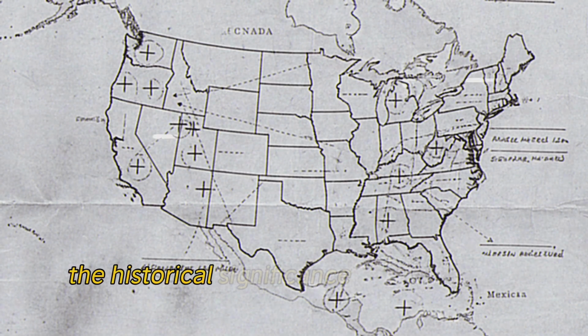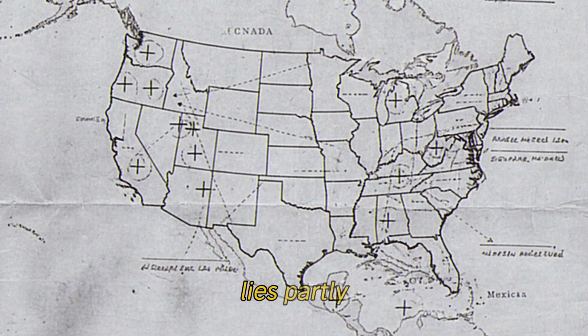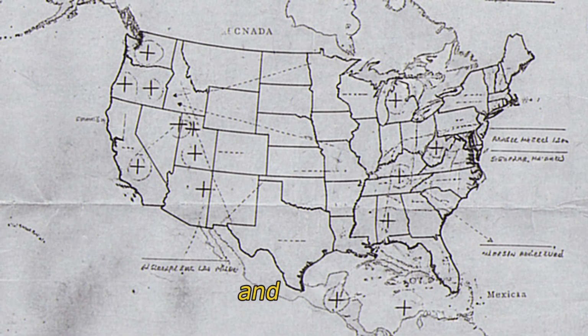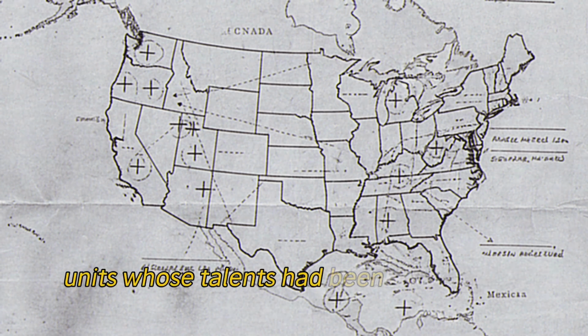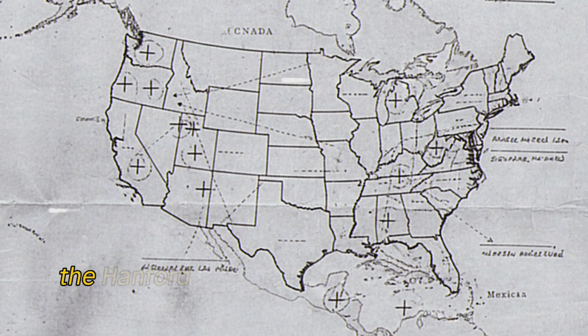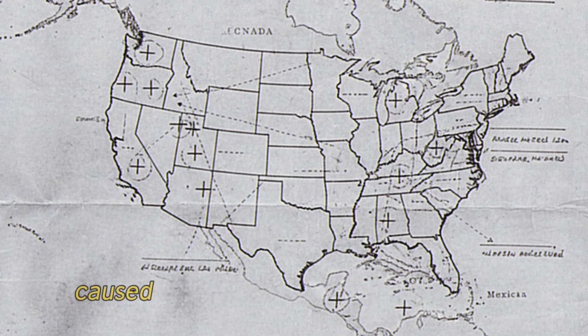The historical significance of the 555th's role lies partly in the practical contribution to suppression capacity and partly in the demonstration that home front defense could include technically demanding missions for units whose talents had been constrained by segregation elsewhere in the war. The Hanford power line incident in March 1945, in which a balloon apparatus caused a brief fault